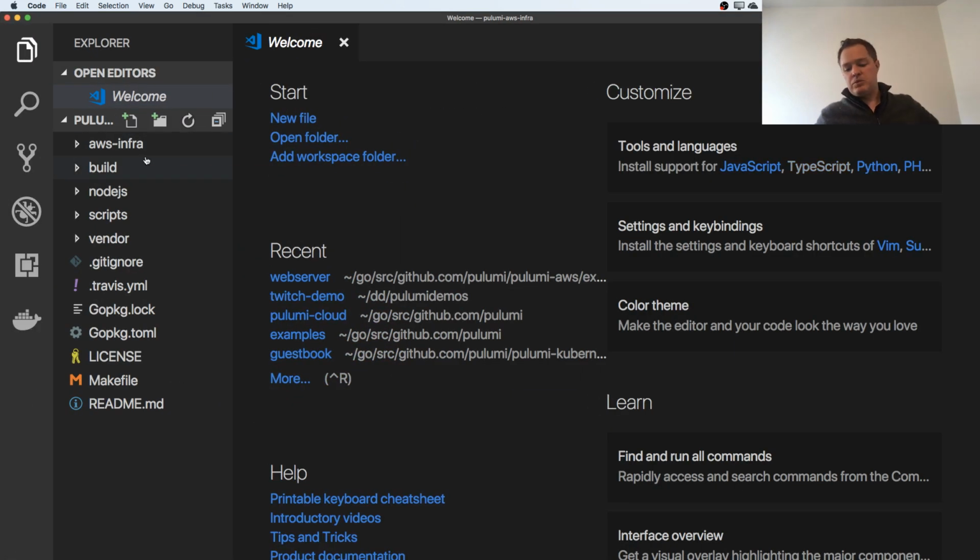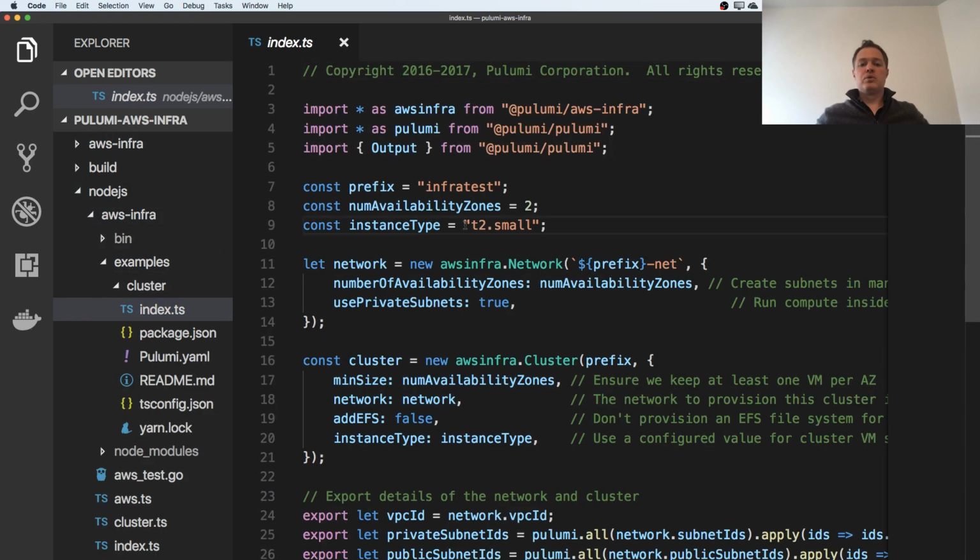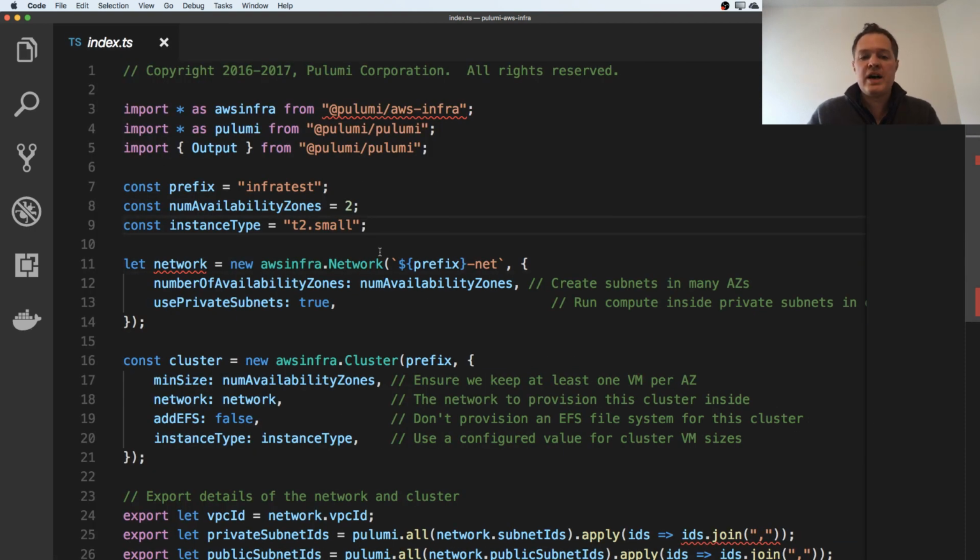And so, when we see folks doing infrastructure programming in AWS, for example, one of the patterns we see frequently is people copy pasting tons and tons of boilerplate to create simple AWS network infrastructure or AWS ECS instances to run all of their compute. And so in this example, let me just show real quick. In the AWS Infra package, we have some abstractions which let you immediately create a baseline of AWS network infrastructure. And so here, AWS Infra.network is a component we've built which lets you just specify how